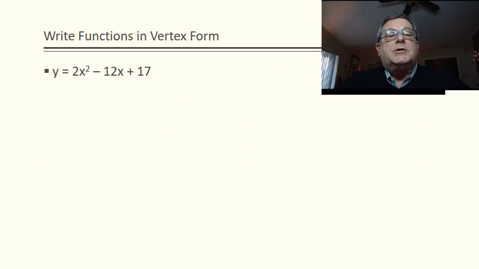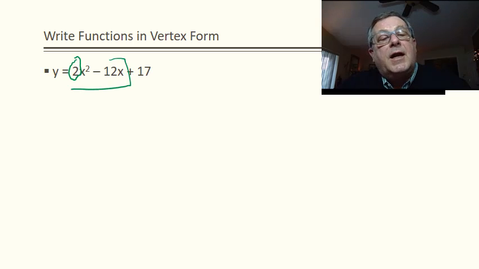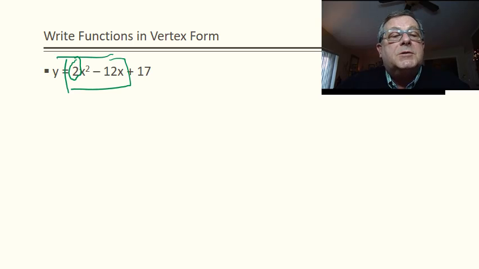All right, now we're being asked to write this function in vertex form. We've got y equals 2x squared minus 12x plus 17. You may notice right away that we have a quadratic coefficient greater than 1, and that's going to present a different step for us. So we're going to look first at taking this portion of the equation and completing the square of it. So I've got y